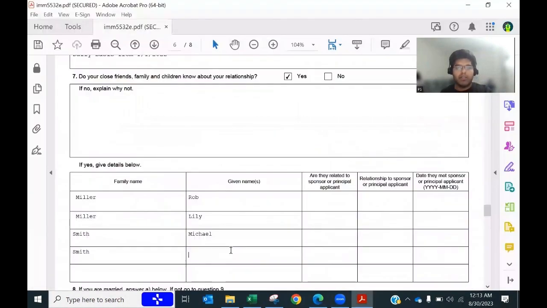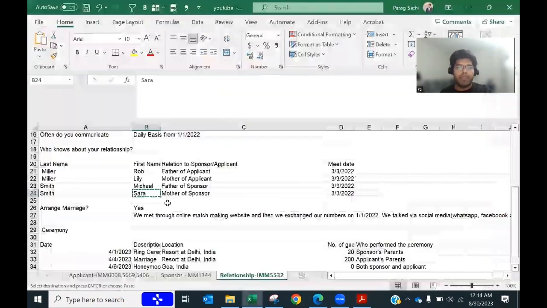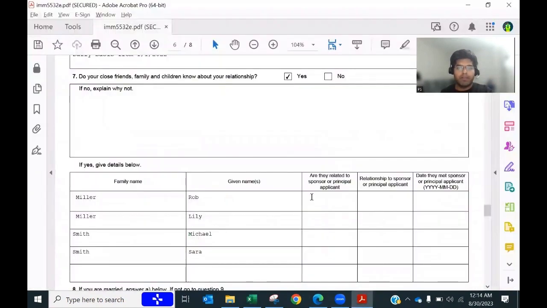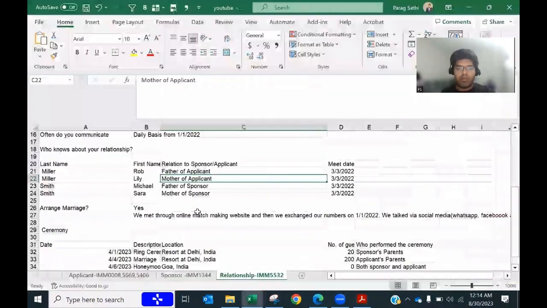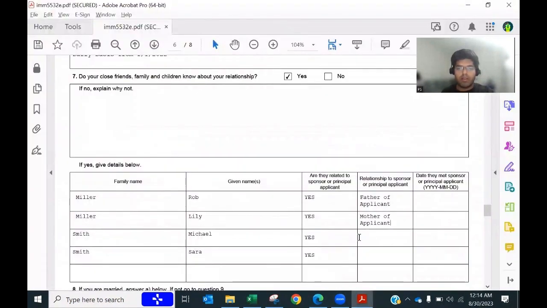It's very easy, guys, if you fill in this information. So this I put here. Related, so you have to put yes, they are related. Yes, yes. Mother of applicant, father of sponsor,